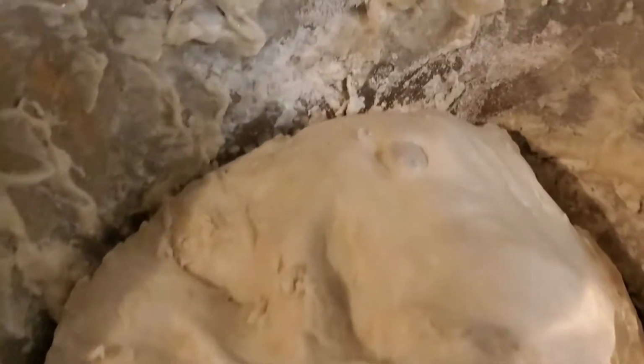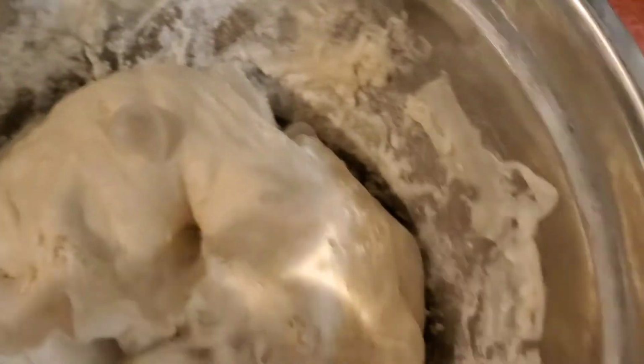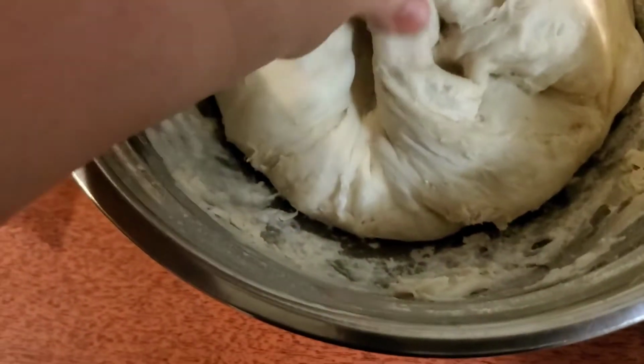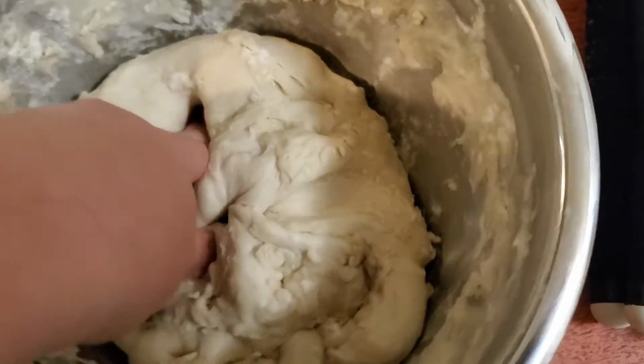You can see this one, there's air bubbles. There's an air bubble that will poof up when we poke it. It's pretty sticky dough though. In the beginning it felt really dry. Now it's kind of sticking to my hands. This one is kind of sticky too, but it's a lot